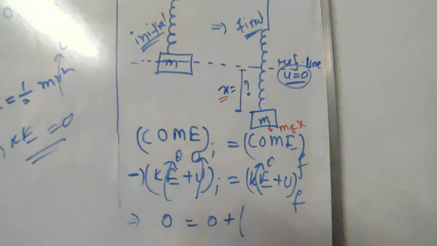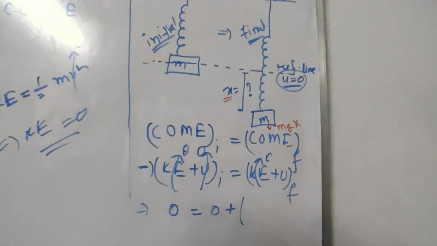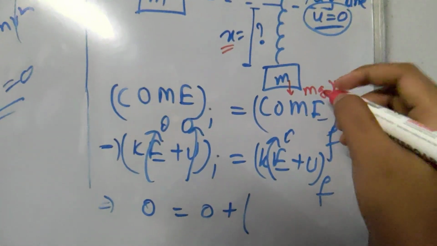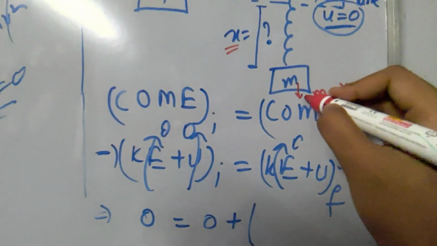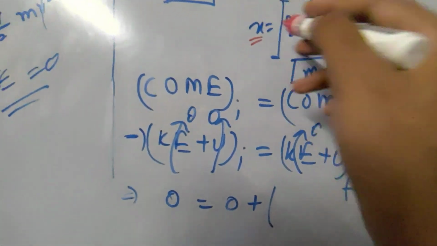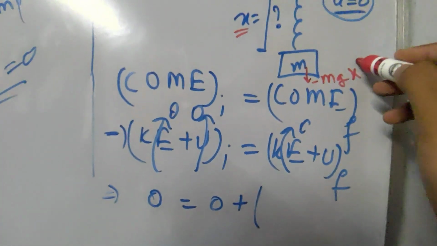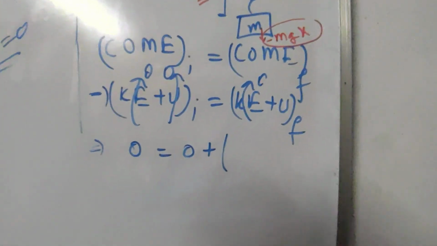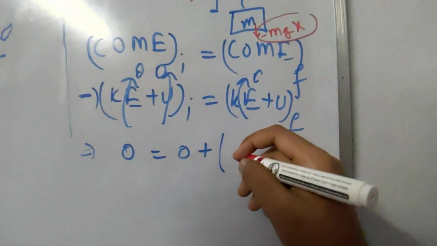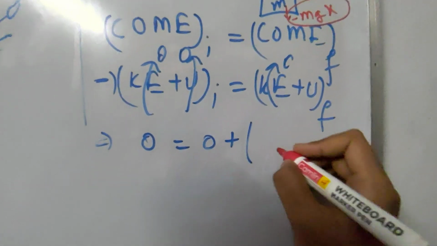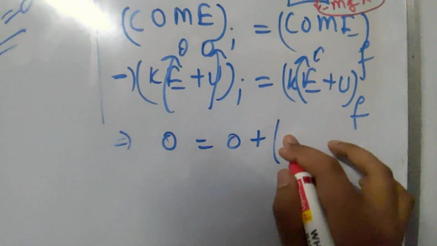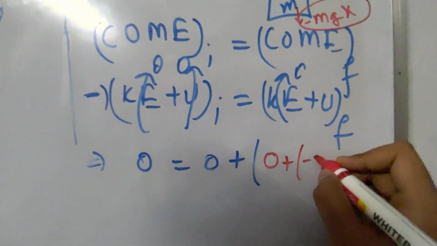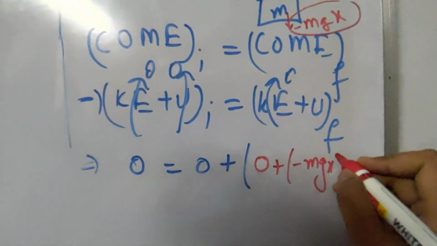The displacement is towards downward, so the value will be negative, and ultimately U will be minus mgx. So 0 plus minus mgx,